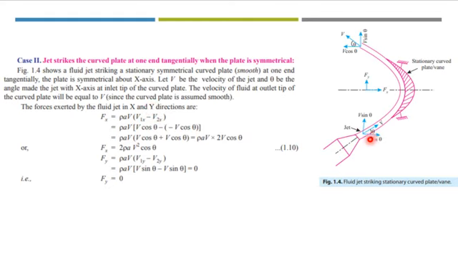So you can see from this figure that since the jet is issuing at an angle, we can resolve it into x and y component. So initial velocity in x direction is v cos theta, and final velocity in x direction is minus v cos theta. So upon entering the values in this equation and simplifying, we get Fx equals 2 rho av square cos theta. Similarly, for Fy, we can see that the velocity in y direction is v sine theta, and again the final velocity in y direction is v sine theta. So upon entering the values in this expression, we get Fy equals 0.